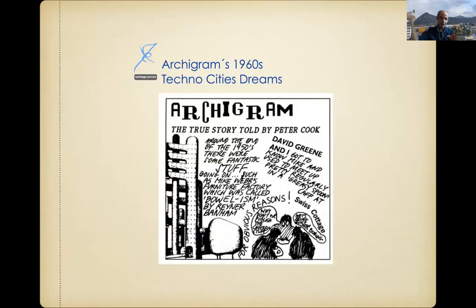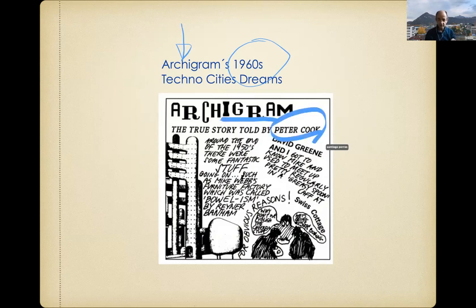Another shift in aesthetics and ideas, the 1960s. Archigram is kind of the science fiction peak of the time, the dreaming. It was when we were preparing the space trips. We had the first satellite, Sputnik, in space. We were preparing for going to the moon. So this kind of fiction future interested a group called Archigram. One of them is Peter Cook. Actually, this is a new or recent comic. Peter Cook is one of the oldest living members of this team.